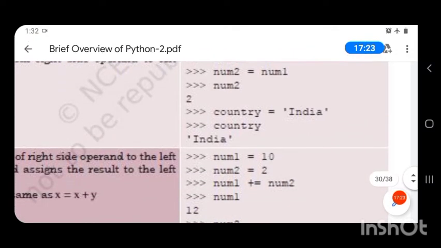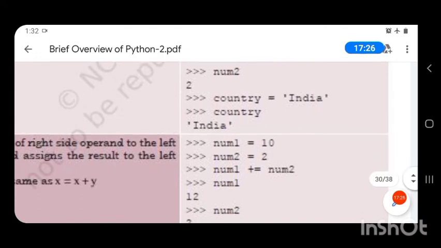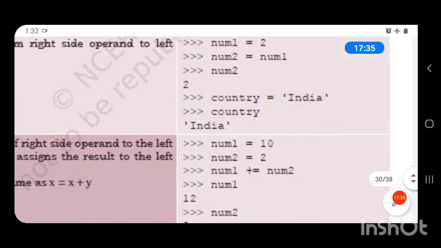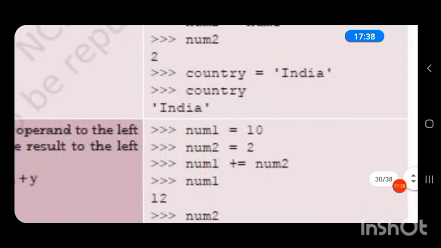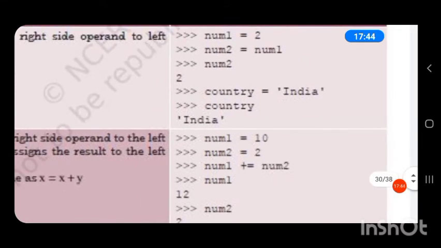So this is what is called assignment. Look at the second example, country equal to India. A variable country is assigned a string value, India. When we print this country, it will give the output as the string India. In the addition program, we wrote a equal to 2. So we are assigning the variable a the value 2. That is the assignment operator.